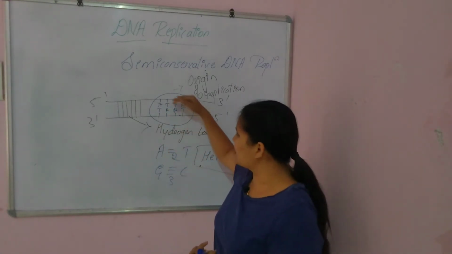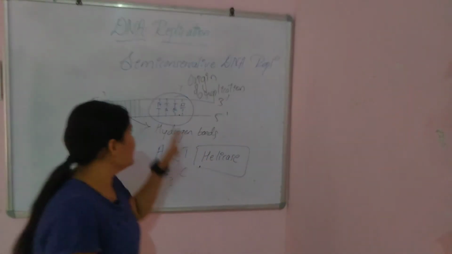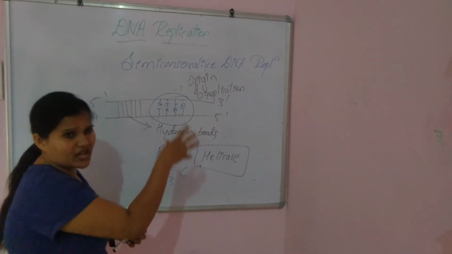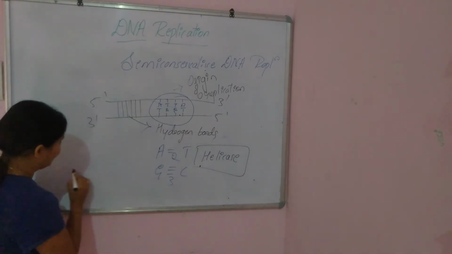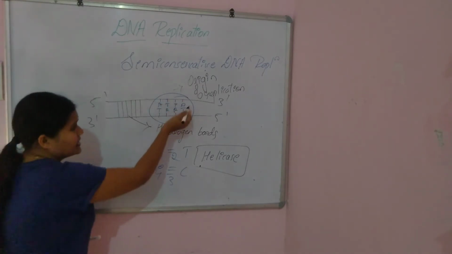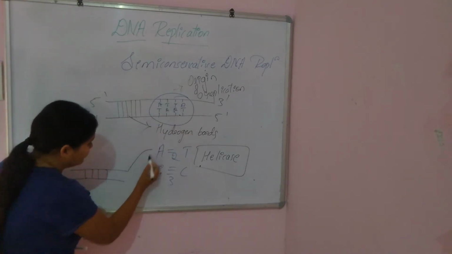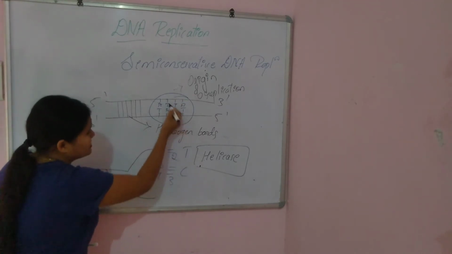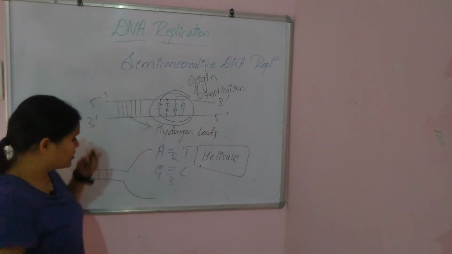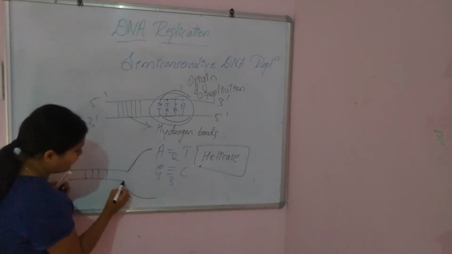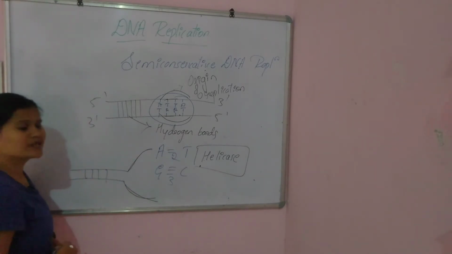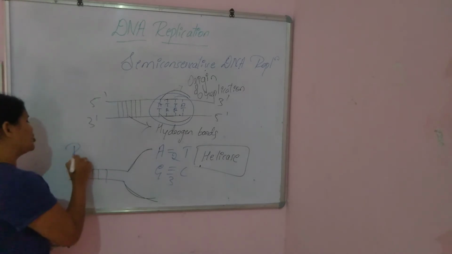Helicase starts to break down these bonds and makes the strands get separated. When separating, the structure will look like this. This is the exact DNA. Here it is acting, so that these two strands, this and this, will get separated, meaning they will get far from each other. When they go far from each other, the shape will be like this, and this shape is called the replication